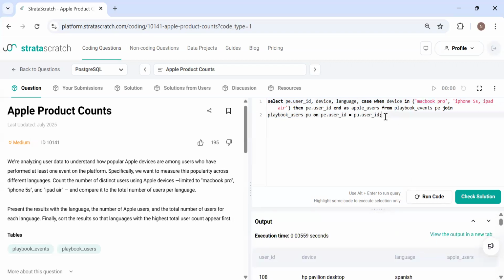Now, what we need to do next? Now we need to find out for each unique language, the total number of users and the total number of Apple users, right? So what I'm going to do is group by on language. Then I'm going to count the total number of unique users in that particular language for each unique language. And using the new column that we have created, Apple users, I'm going to count the number of users that are using Apple devices, okay, for each unique language. So let's do this. I'm going to do group by